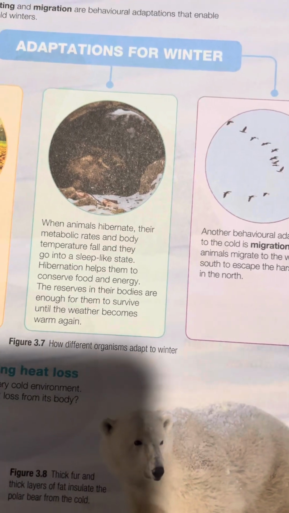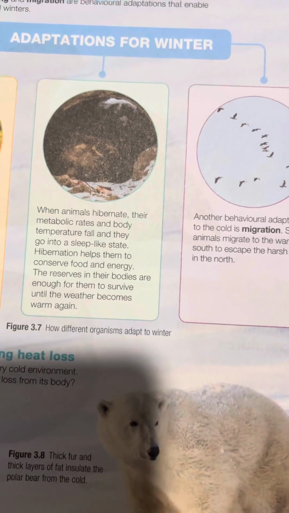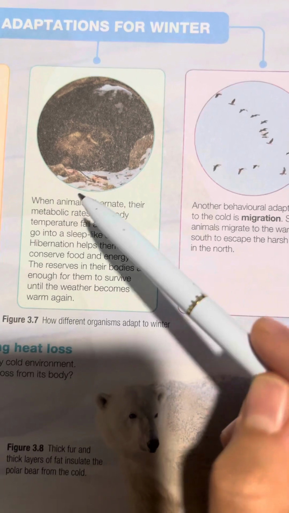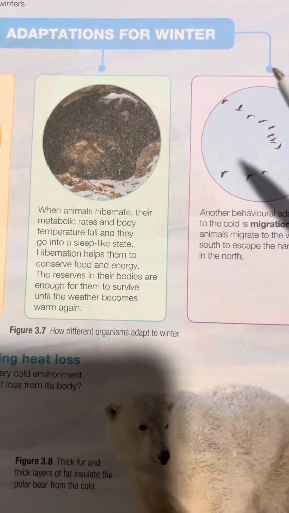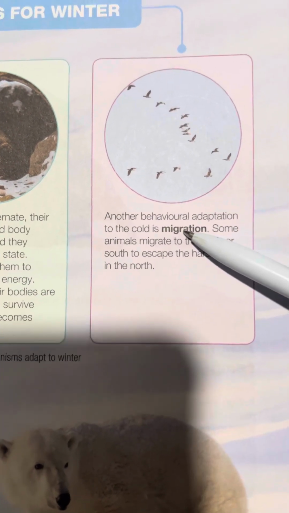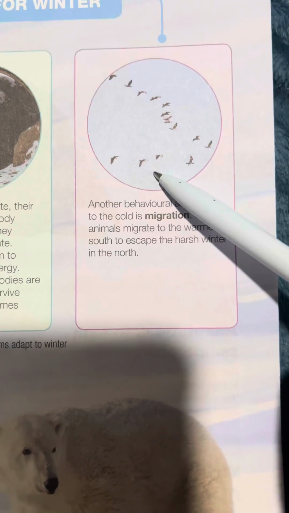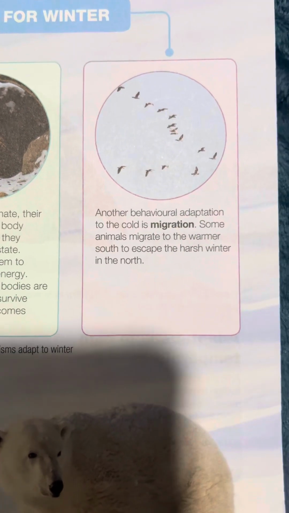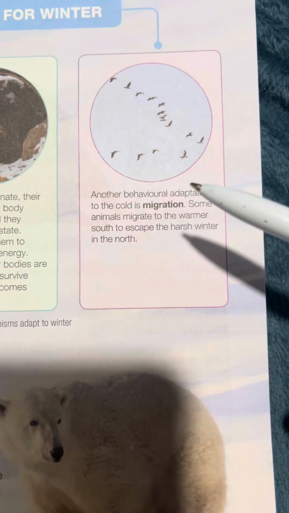And so this is a behavioral adaptation. Something they do, an action they do. Is it part of the body? No. Is it a process done by any of the organs of the body? Still no. So it's something they do, an action they do. That's why it's called behavioral adaptation. Now, migration is also a behavioral adaptation, because all those birds decided that it's too cold in that area right now. Let's move to a warmer place until the winter ends. So migration is also a behavioral adaptation. It's a behavior they do.